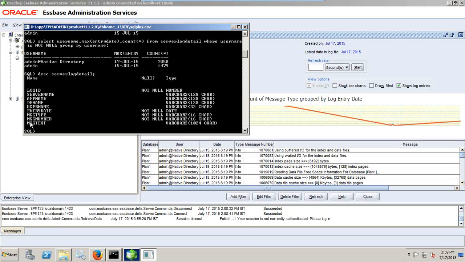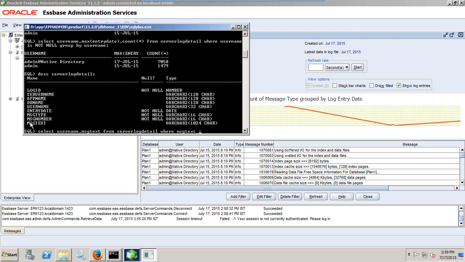There's an option called message text. Maybe you would like to filter it out. In addition to this, you also would like to display messages. So I can display username and message text. For a specific message, I would like to filter it out. So for example, number of connections done. So I can apply where